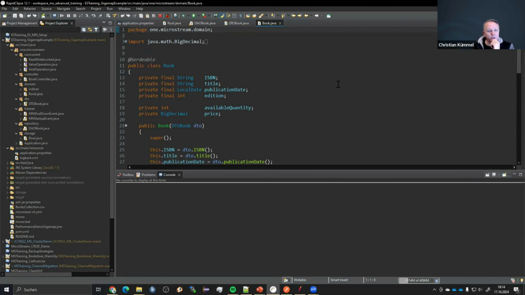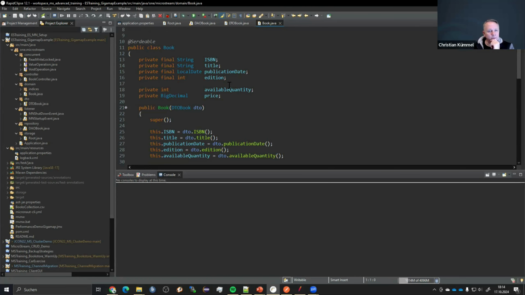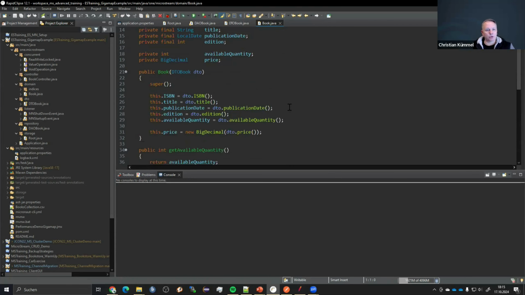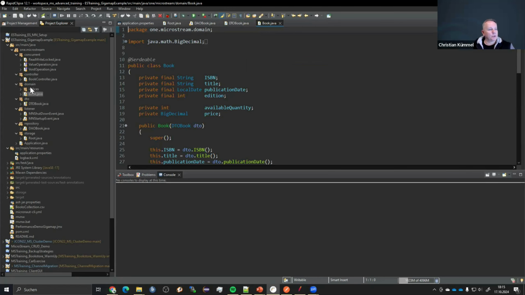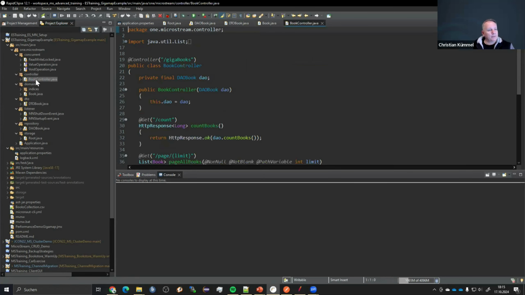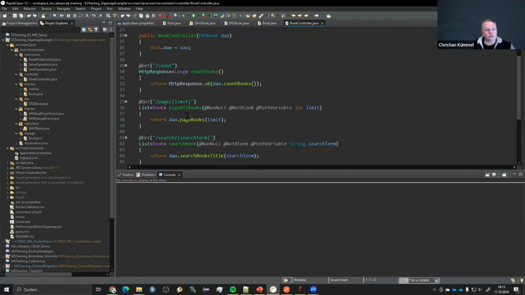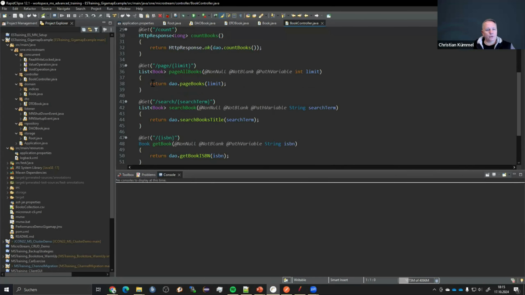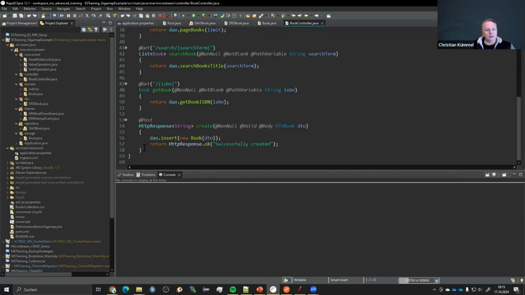Okay, that's the book object itself. It consists of ISBN, title, publication date, edition, a price, and an available quantity. Nothing really special in it, just a pure POJO class of the book. And now we have, last but not least, the controller itself. And this controller provides all the access elements: search for, get by ISBN, and one post